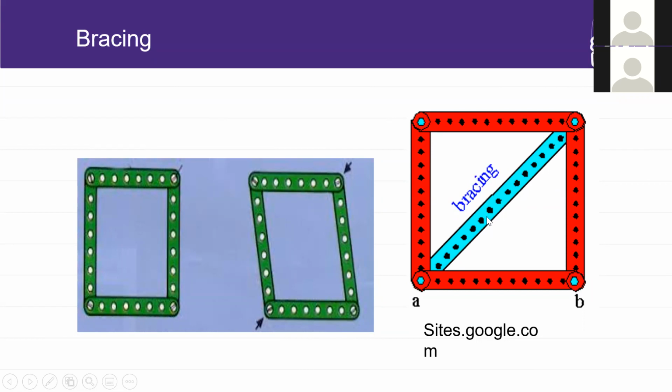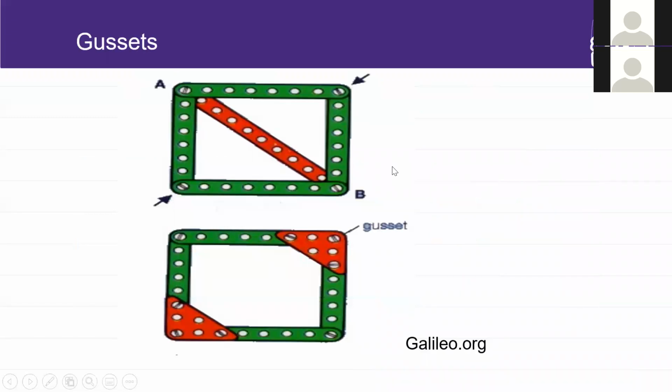Why do we do bracing? We are preventing this bending. We are making our structures firm. You see, this structure is not firm. When you touch it, it changes shape. So to prevent our structures from changing shape, we introduce bracing. Another feature that we add to strengthen our structures